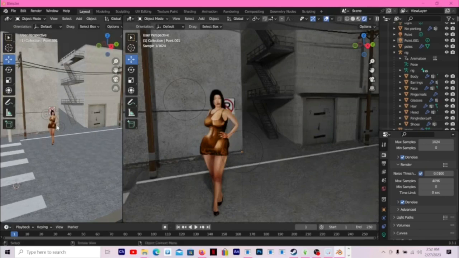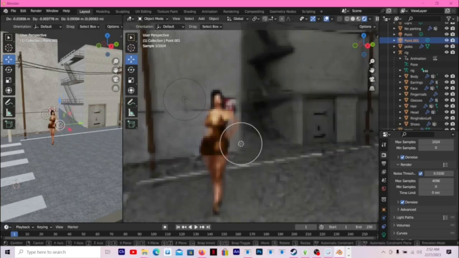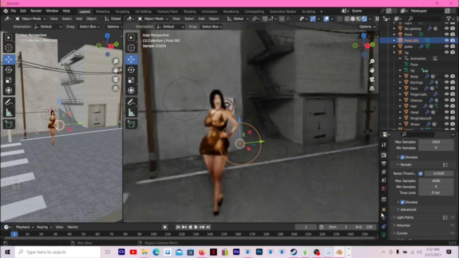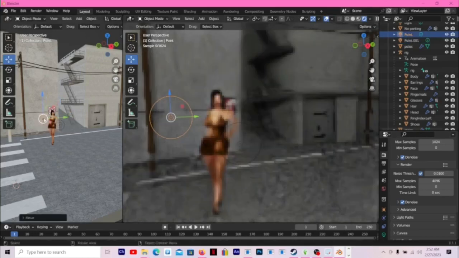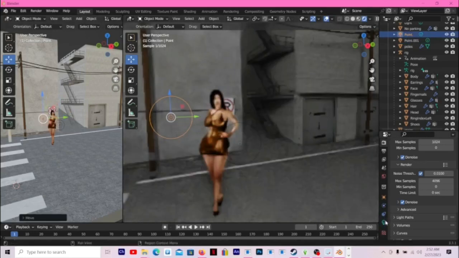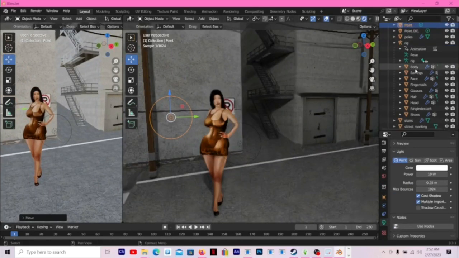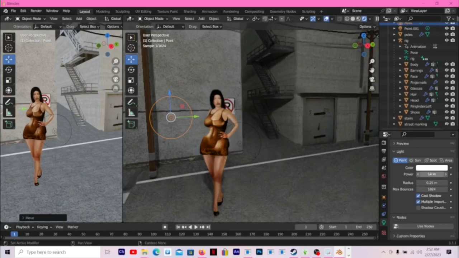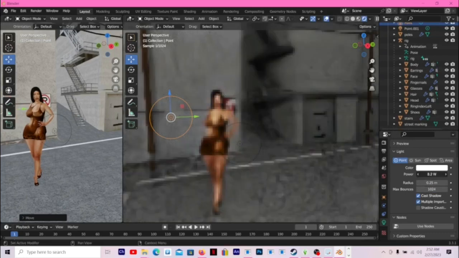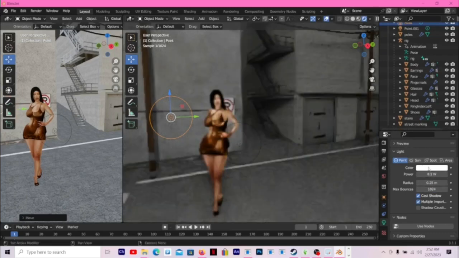Like I said, when you have it on Cycles, it's really hard to move around or to see because it gets blurry every time you move the screen. So I'm just gonna try to adjust the light by trying to bring down the